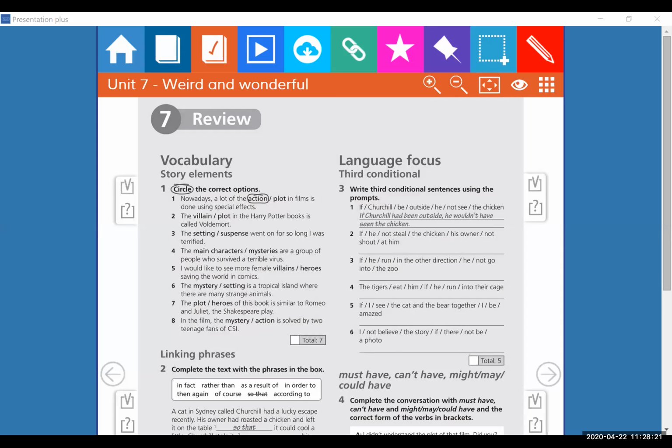Okay, guys. So the next one was the page. What page was it? Do you see the book screen, guys? Yes. Okay. So the first one, remember, we studied about vocabulary. Now we are revising what we covered during the seventh unit. So story elements, remember. Can you do this first one alone for a couple of minutes?